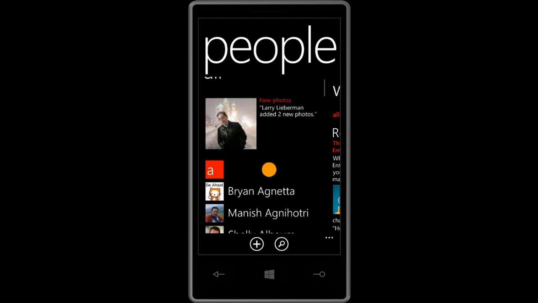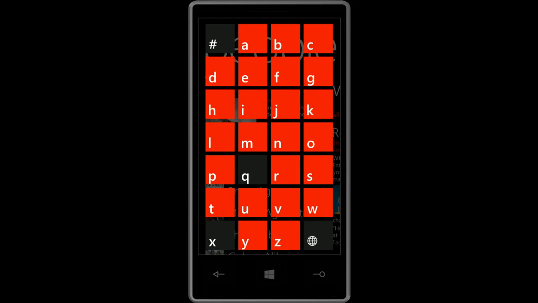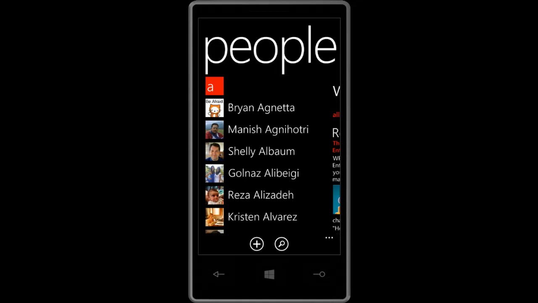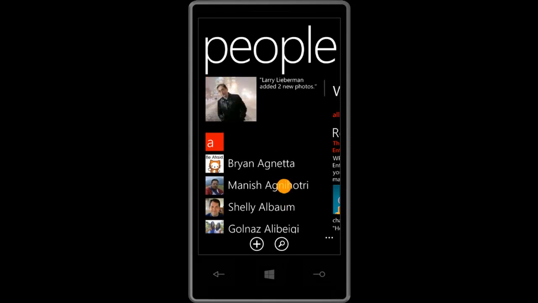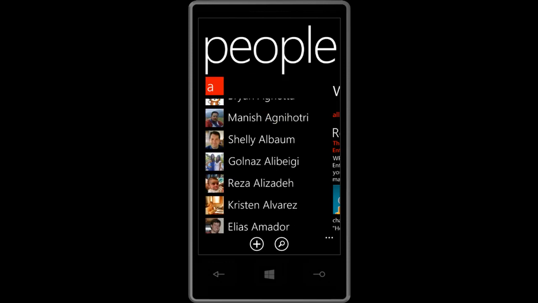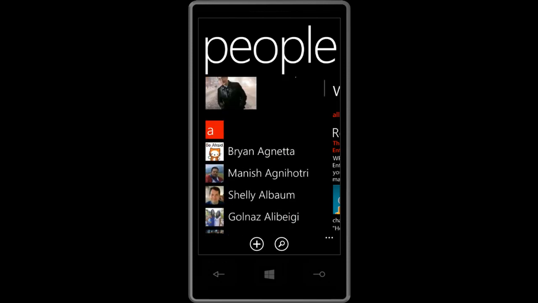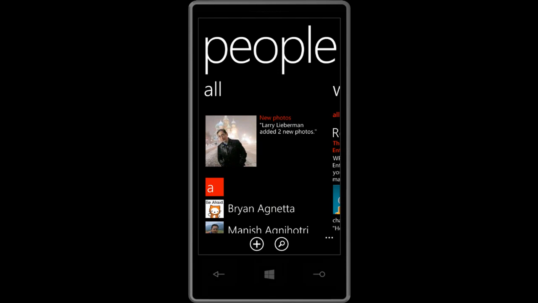Although we have that functionality, I can actually jump around in my list very easily with this control. This is the long list selector control. A vast majority of these controls are now available for developers to very easily consume in their own applications. So we've made it very easy for developers to leverage these same UI patterns without any additional work. But the main thing that we're doing here is this isn't just a list of contacts. It's actually concatenated from all the different services that I've configured.